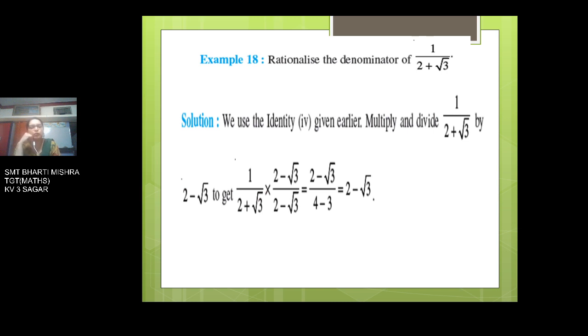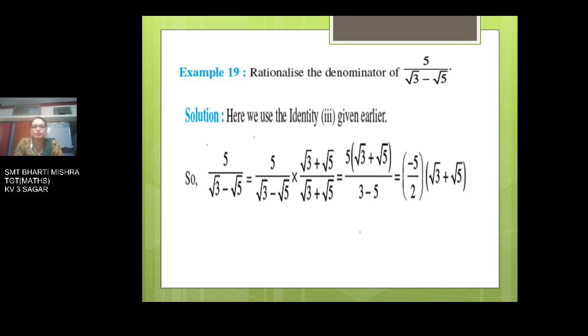So if you multiply, we are framing the equivalent fraction. If you are multiplying the denominator by 2 minus root 3, we have to multiply with the numerator as well. So the result is 1 into 2 minus root 3, that comes to be 2 minus root 3, and in the denominator we have got 2 plus root 3 and 2 minus root 3. You will make use of the property a plus b, a minus b, and 2 square is 4 and root 3 square is 3. So 4 minus 3 is 1, and 2 minus root 3 divided by 1 comes to be the same number, that is 2 minus root 3.